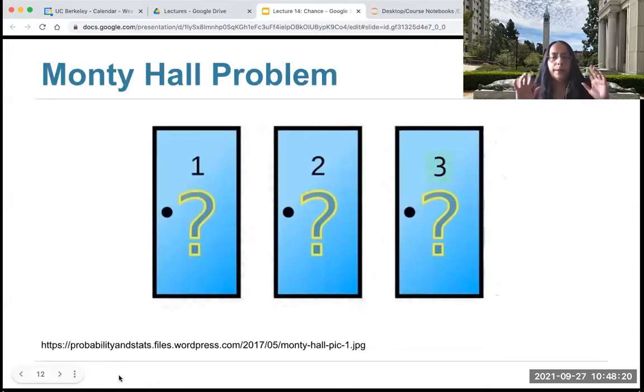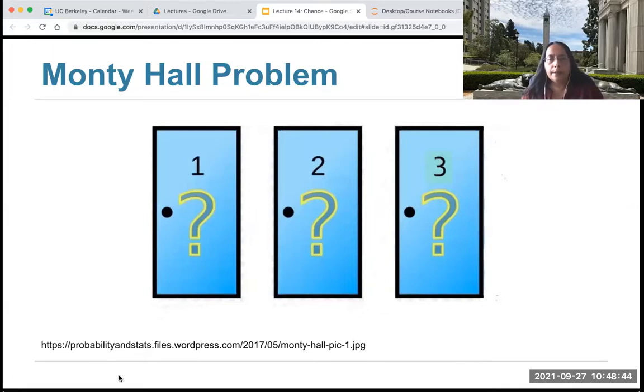So there was this game show, and at the end of the game, there was a contestant who was faced with 3 closed doors. The rules of the game were this. It was known that behind 2 of the doors there were goats, one behind each of the 2 doors.